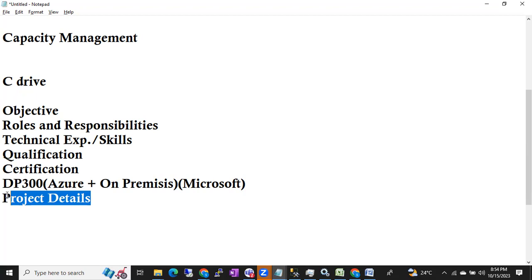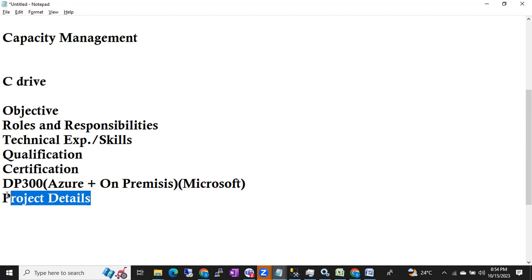If that client is in the field of oil and natural gas, that is an oil and natural gas project. If that client is providing services for healthcare, that is a healthcare project. If it is a banking service, that is a banking project. So like this, based on which client you are providing support to, your project is also going to